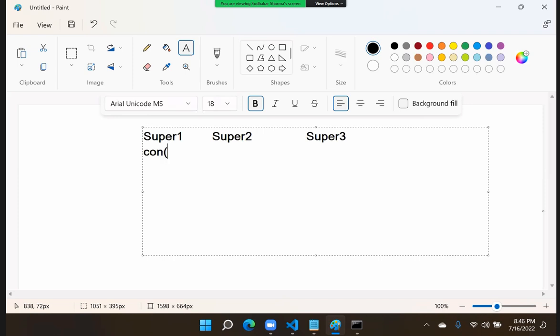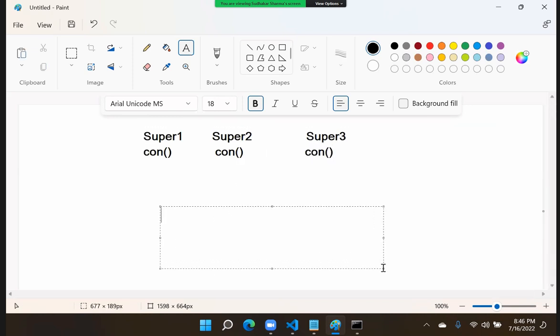Every class has a constructor. Now we are creating a derived class, and the derived class also has a constructor. In that, we have to call the superclass constructor. In the derived class, we have to call the superclass constructor, and the derived class